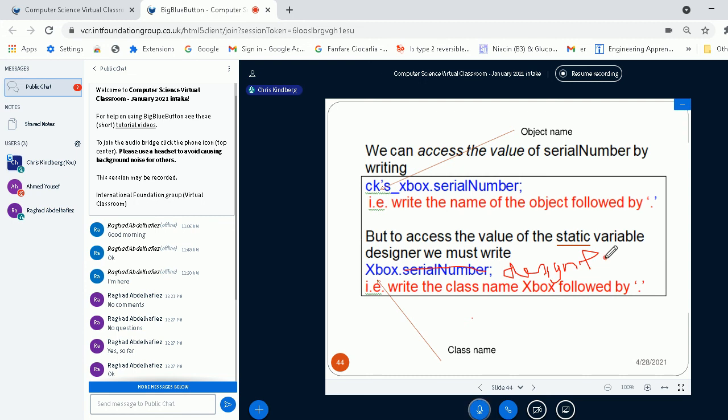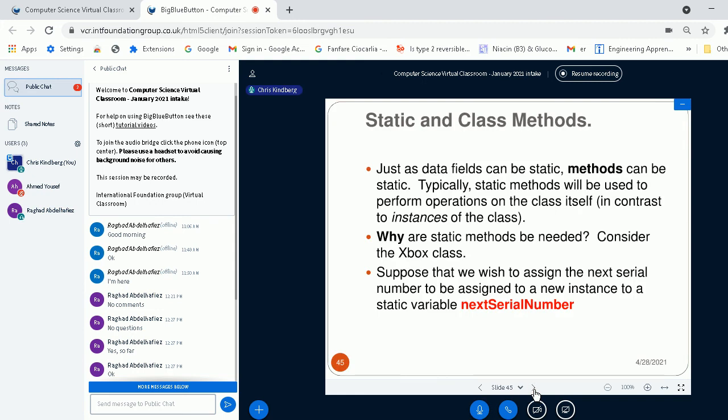Ah, that's a funny E, and that's an R. So put a dot there, a little dot here. So it should be Xbox dot designer. Right, and that'll return the designer's name.